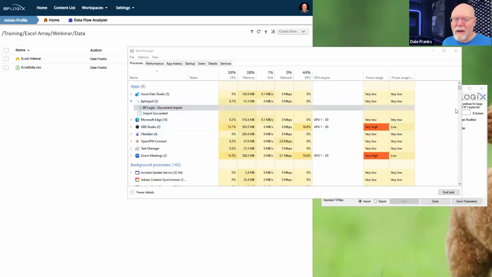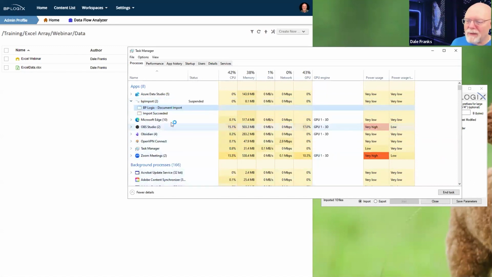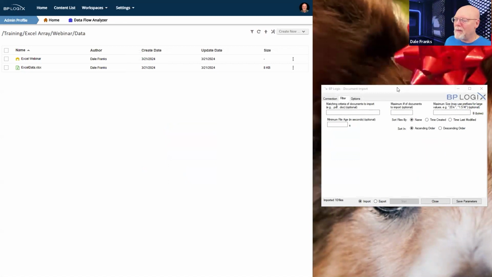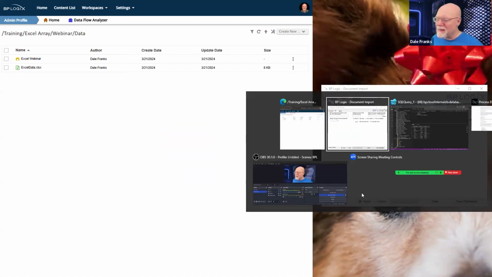All right, I don't understand why it's not working. Don't know why it's freezing. So let me end the task. Not responding. Huh. Okay. Well, that's not what I expected. Never seen that before. And I can't even cancel the task.